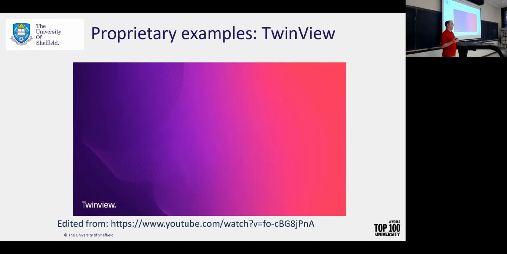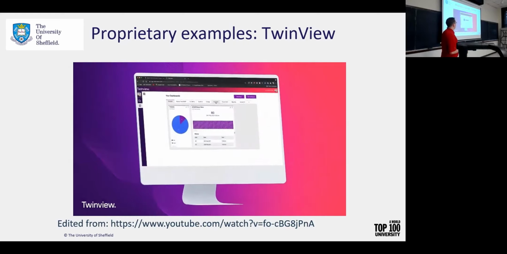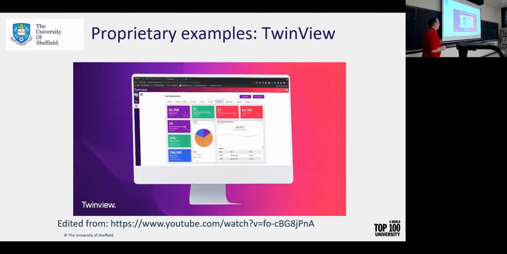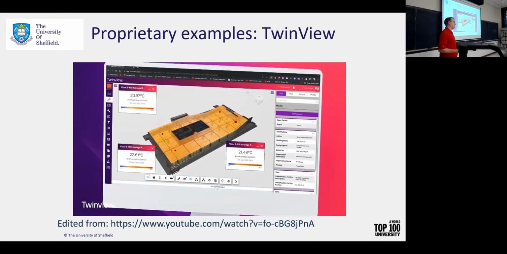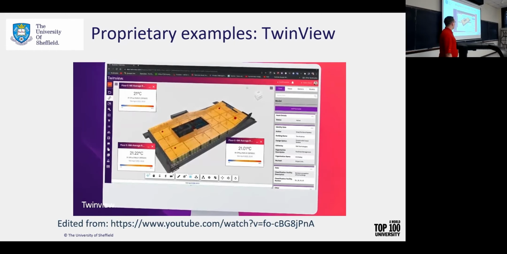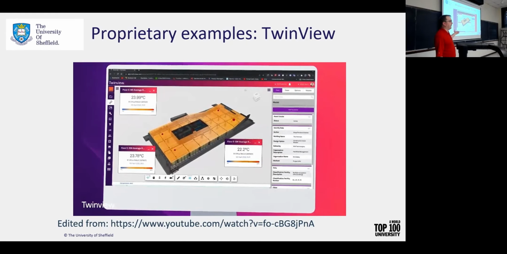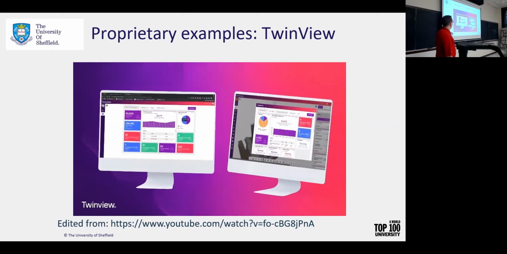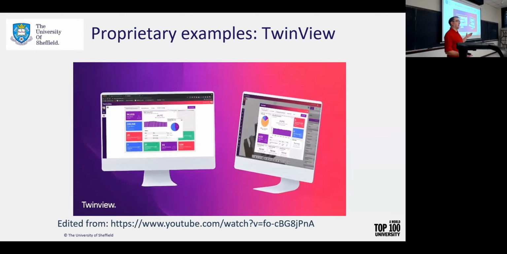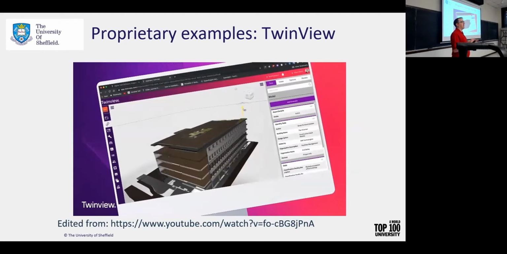TwinView is another proprietary company that's selling digital twins, but they're mainly focused on the past. But they have an interesting thing where they're using a browser-based interface to interact with data for a building information model, or BIM. Much more elaborate. But what they have is a web interface. So the owner of the building can go online and access what the system's doing, whether that's environmental conditions through sensors, what the HVAC system is doing, and even things like energy costs. You can incorporate the actual cost of energy into the system.